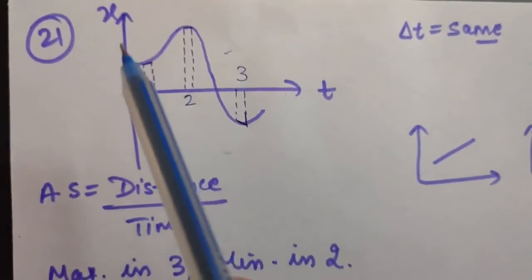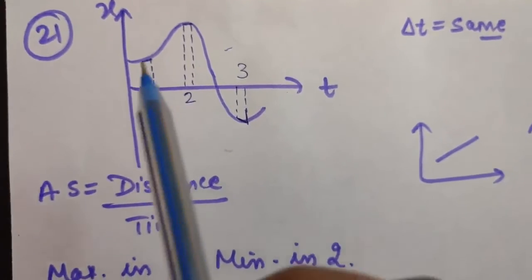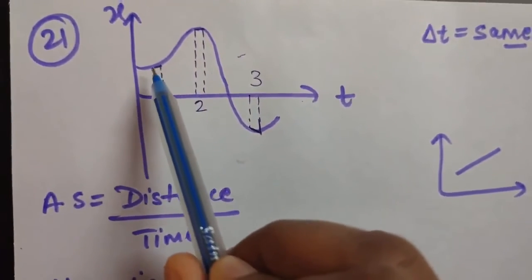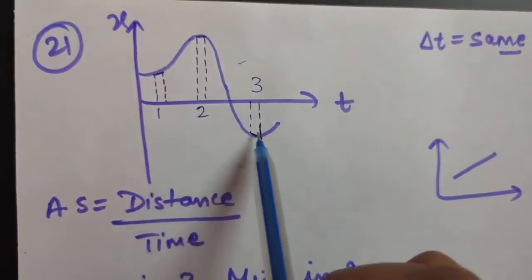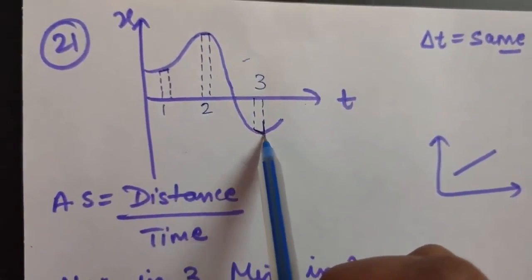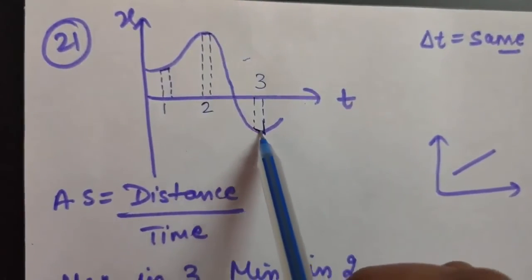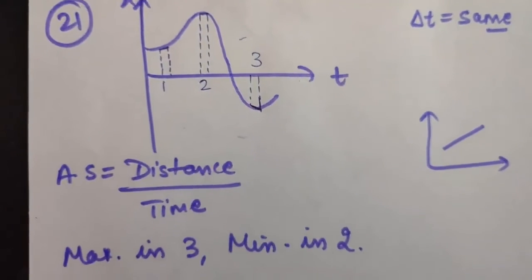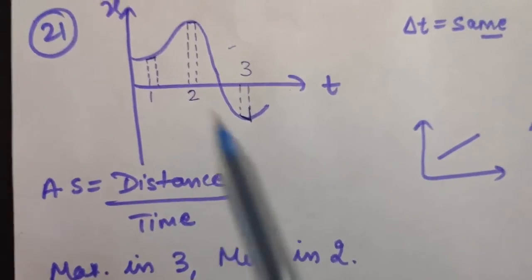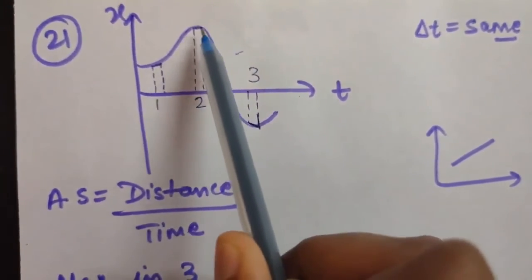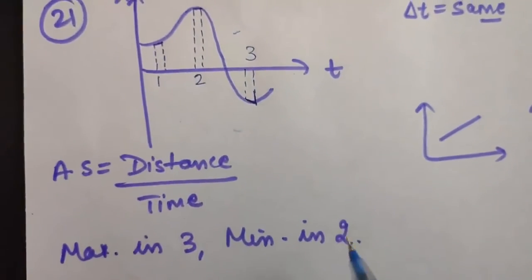Okay, so now you know from the slope of the position time graph we get velocity. So if we see here, you can see these three, and if you clearly look, the slope is greatest in 3. This slope is approximately flat, so this slope is greatest. So if slope is greater, that means speed will also be greater. So we will have average speed maximum in 3, and out of these 3, minimum slope is for 2 because this is flat. Okay, so we can say minimum will be for 2.